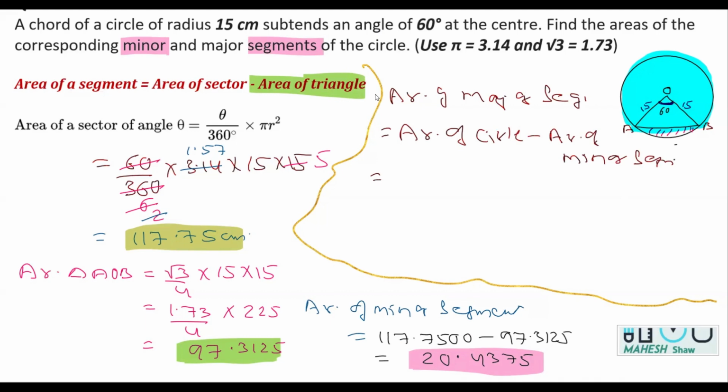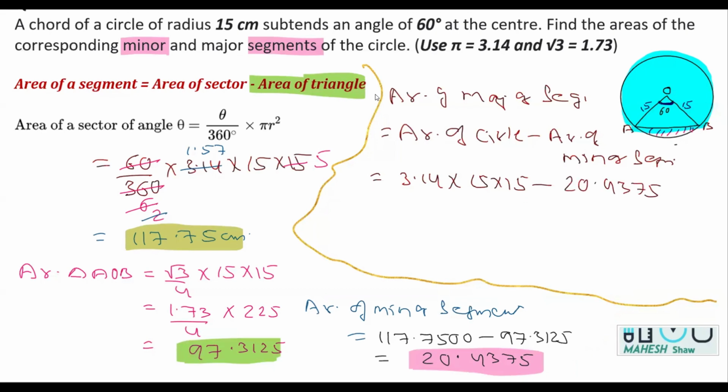So the area of the circle is what? Pi r square, and pi is 3.14, into r square, and the radius is how much? 15 into 15. And the area of the minor segment we have already calculated, and that comes out to be